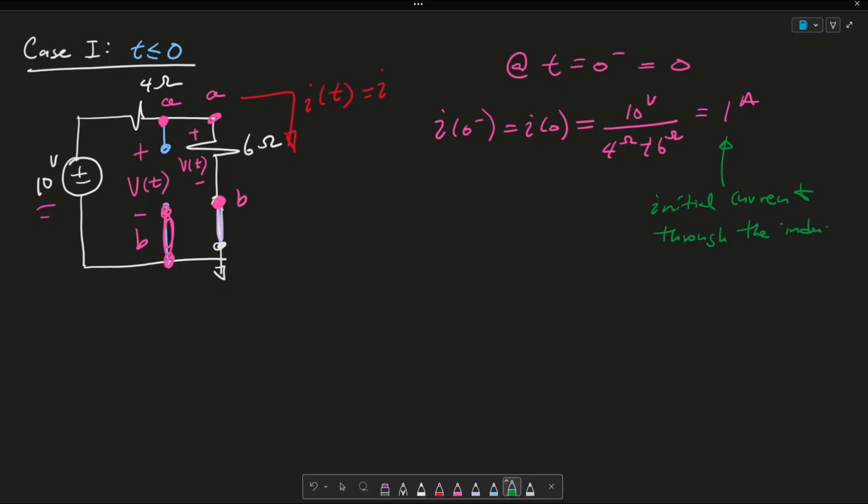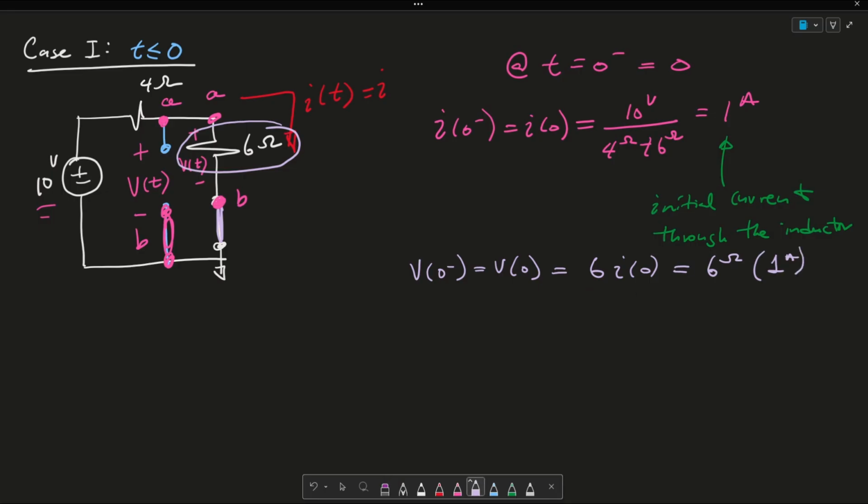the inductor. The next thing we want to find is this vC(0 minus), or again, vC(0). And essentially this is just 6 times i(0), again, because it's the voltage across the 6 ohm resistor. So using Ohm's law as my resistor times my current. And since i(0) is 1 amp, this becomes 6 ohms times 1 amp, which is simply just 6 volts. And essentially this here is the initial voltage